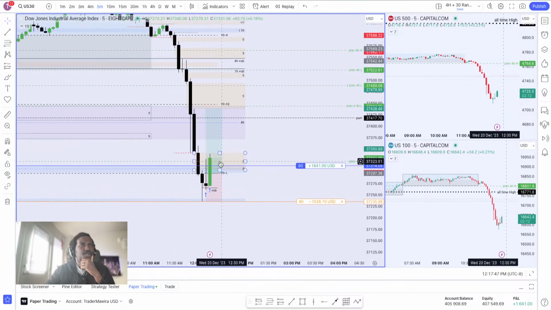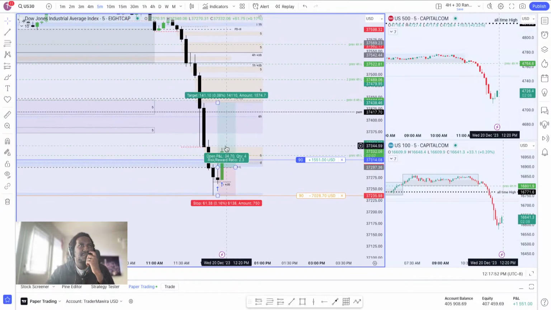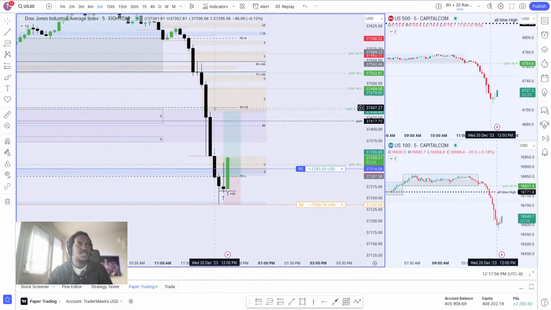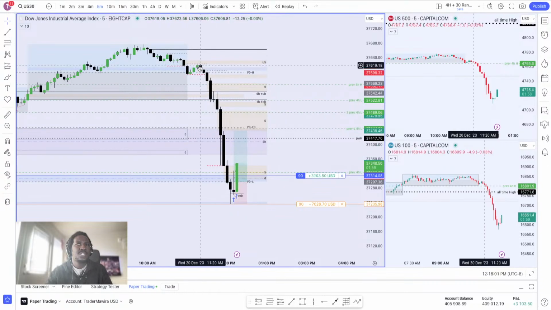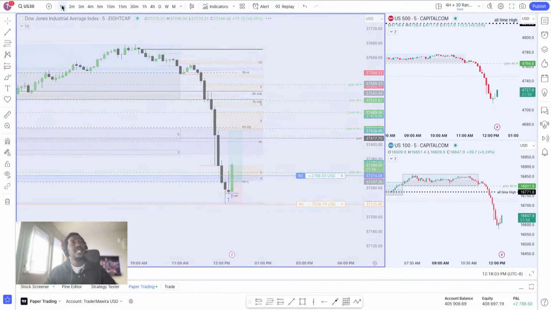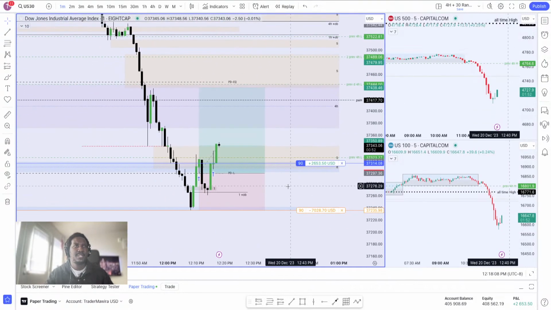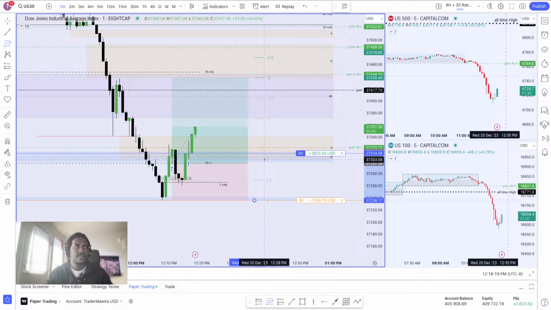It would be nice if we come and close on a 5-minute basis. If we close above this 5-minute fair value gap here, then we can see if we can take partials from this pool. But then I'm thinking that we can be heading up to this consolidation here. So looking at my trade management, my original entry should have been at that swing high. You have your stop loss at the latest swing low that you used for your entry.